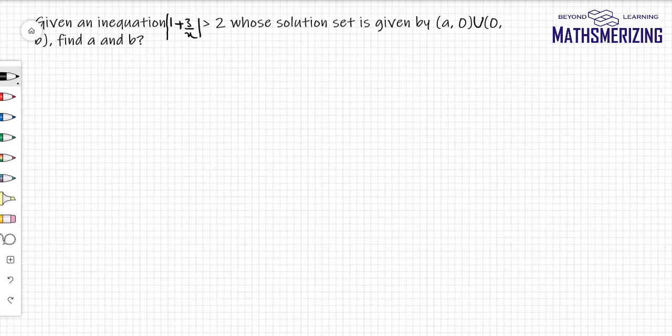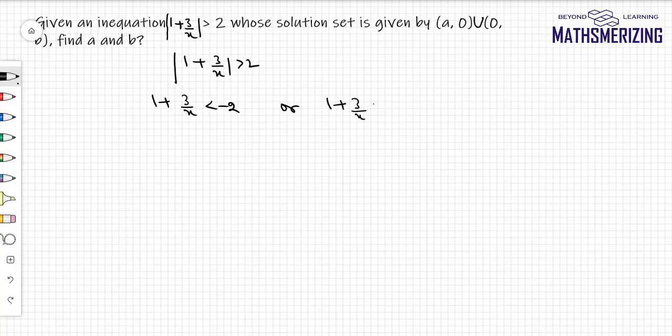Now for this one, what I have is mod of 1 plus 3 upon x is greater than 2. So when mod x is greater than a, then either x is less than minus a or x is greater than a. So if I solve this one, I'll get 3 upon x